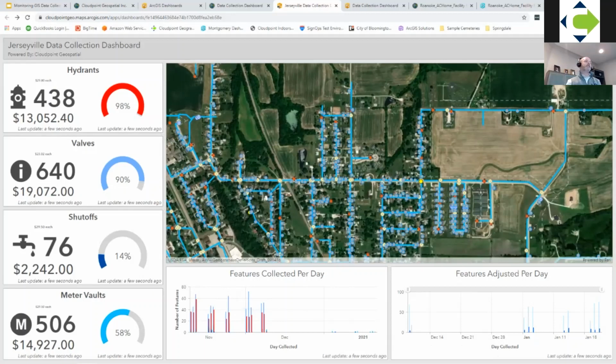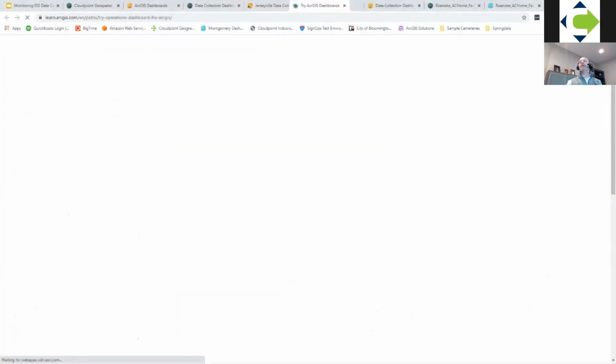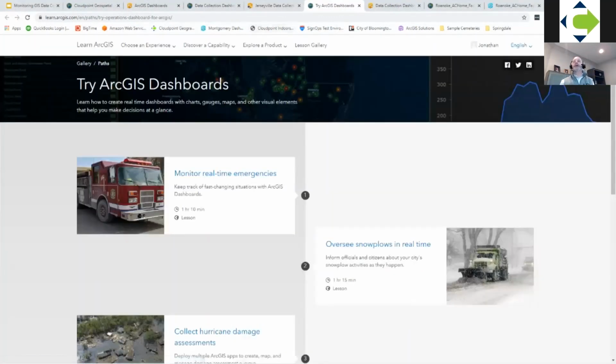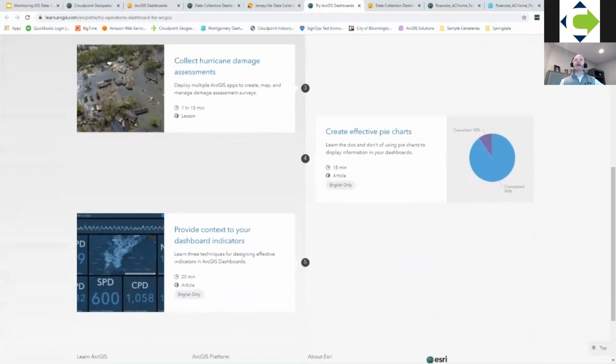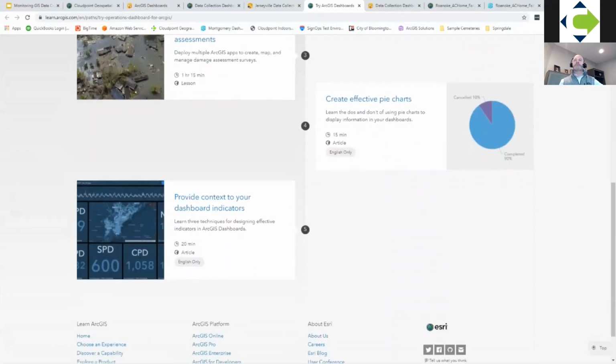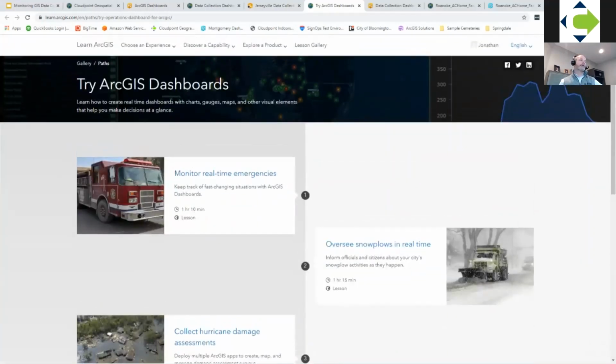And before we finish up, I did want to just show some examples for you. So this one here, this is Esri's Try Our Dashboards page. And we can put these links in later on or send them out to you. But it just gives you some examples on how you might want to consider using dashboards and a little different tutorials there and whatnot. Another one with Esri